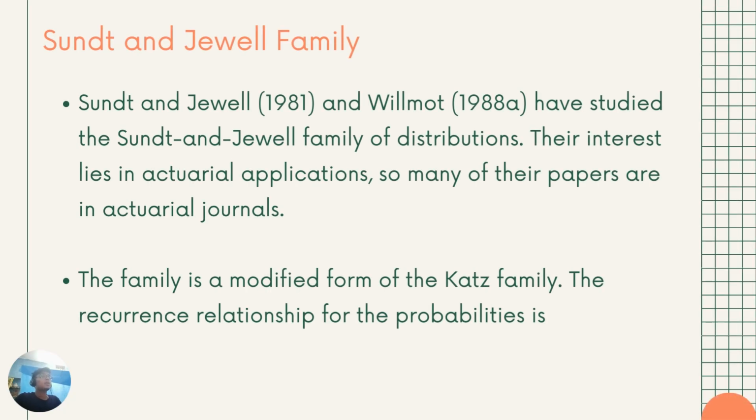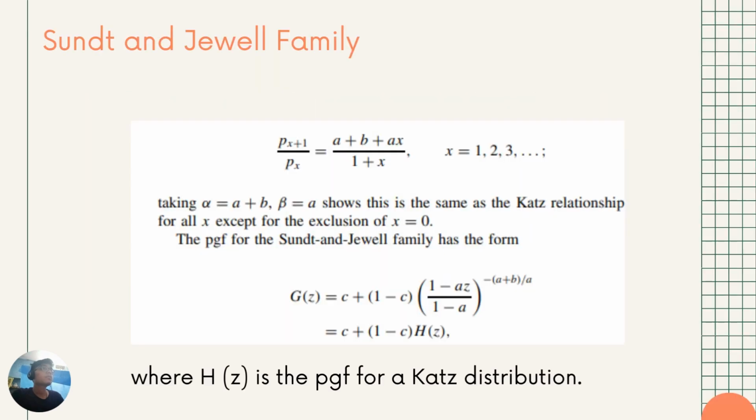Sundhat and Jewel in 1981, with Willmot in 1988, have studied the Sundhat and Jewel family of distributions. Their interest lies in actuarial applications, so many of their papers are in actuarial journals. The family is a modified form of the Katz family. The recurrence relationship for the probabilities